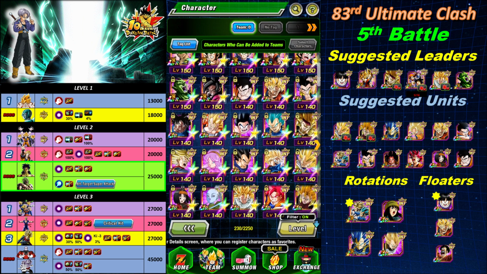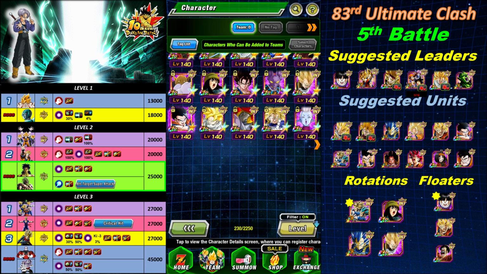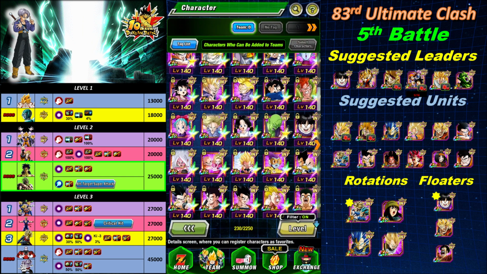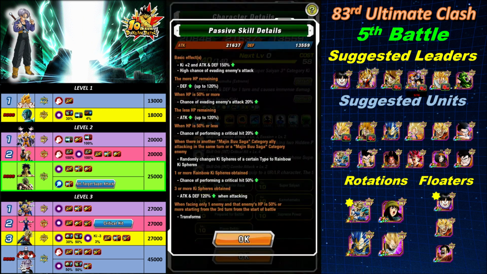So for my floaters, it is going to be one of my leaders, the 50% support Gohan. Oh okay, never mind, he just raises attack and defense by 50% for 9 turns. And the Angel Goku, where are you? I got him Rainbow. Don't forget to give him Rainbow Orbs. He's got a high chance of evading, so he is really good that he will be able to dodge anything,